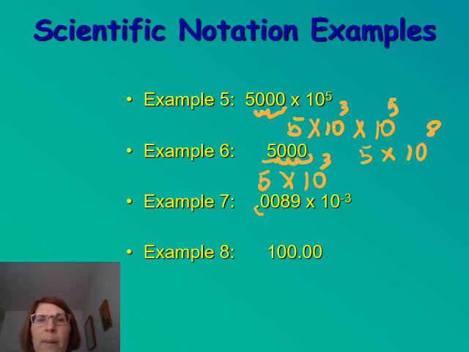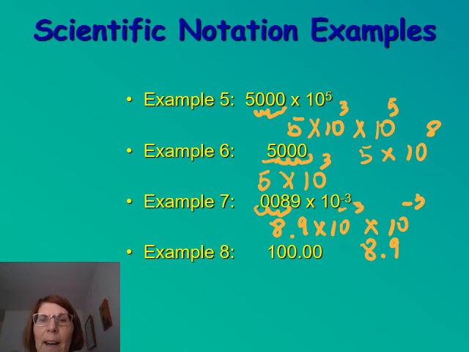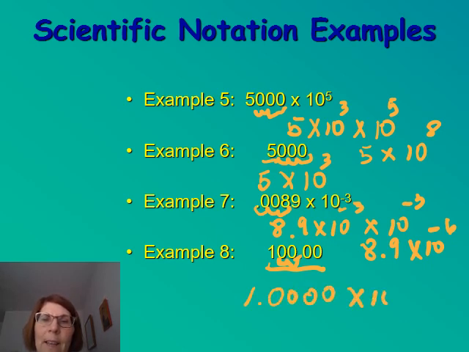Here, this is not proper scientific notation. So 1, 2, 3. So we do 8.9 times 10 to the negative 3. We still have the times 10 to the negative 3. So we're going to end up with 8.9 times 10 to the negative 6. Here, everything's significant. So we move our decimal 1, 2, so it becomes 1.0000 times 10 to